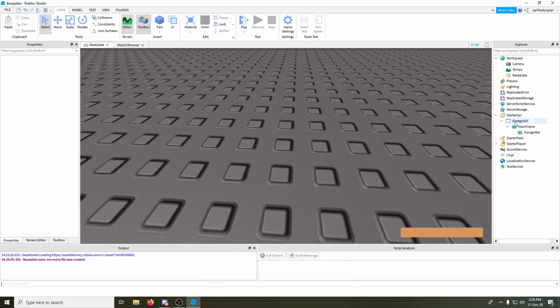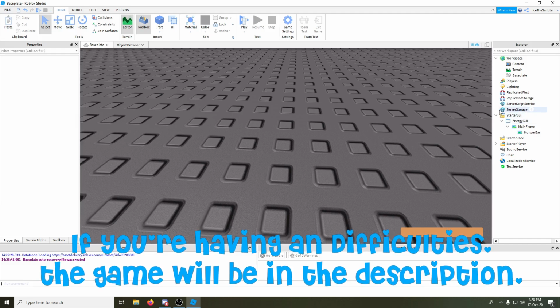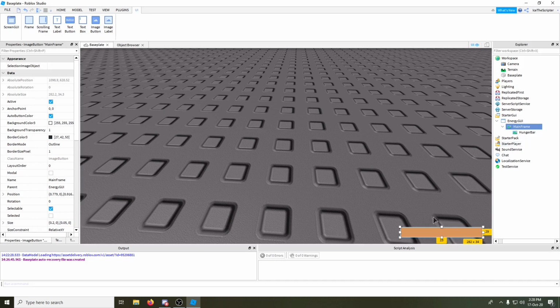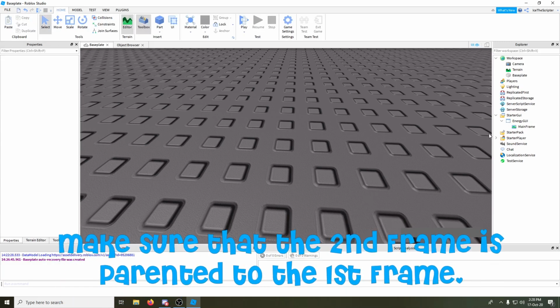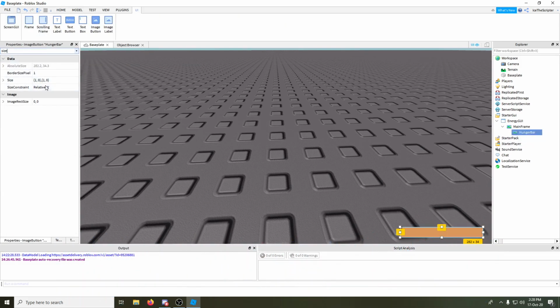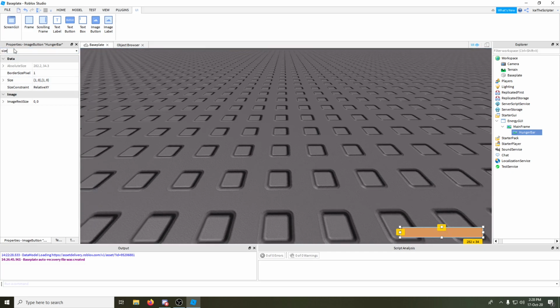First off, start by inserting a ScreenGui in StarterGui. Rename it to Energy GUI. Then inside of this, you must have a frame, and inside of the frame, make sure to have another frame. So this is the first frame and this is the second one. Make sure that the second frame is fully sized inside of the first frame, and make sure that clip